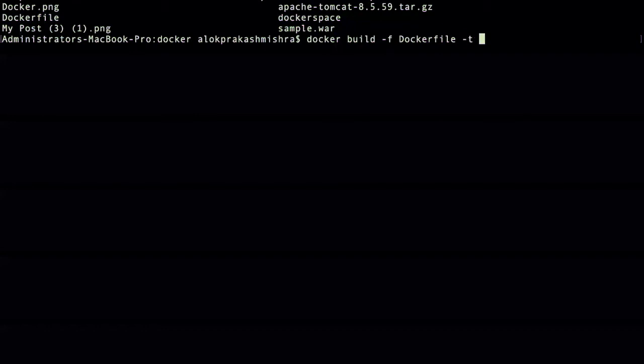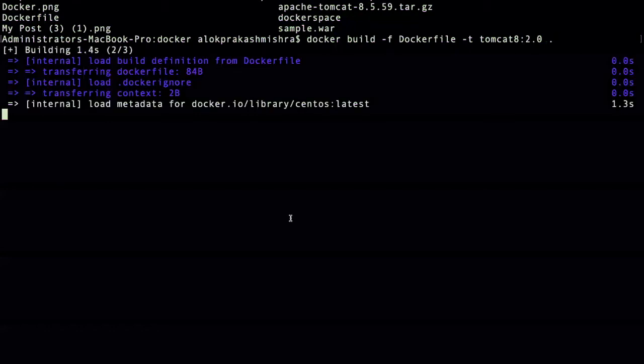You can tag, so tomcat 8 version 2.0. Okay, and the file I am taking from this current directory. Once you run, it will start building.